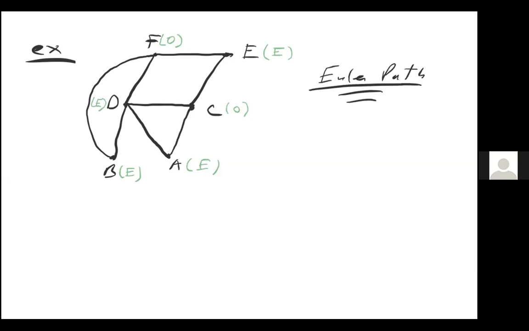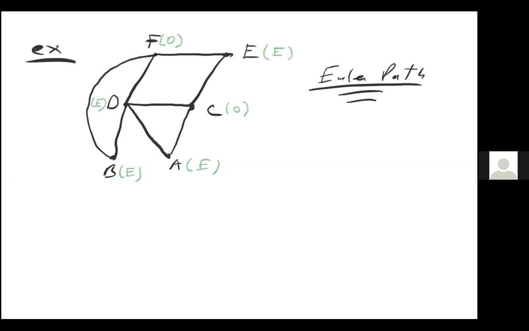Well, now that I have an Euler path, I'm going to start at one of the odds, as it says in Fleury's algorithm. Somebody throw out, do you want me to start at F or at C? Anyone? Pick. Okay, let's start at F. Sounds good. All right. So if I start at F,